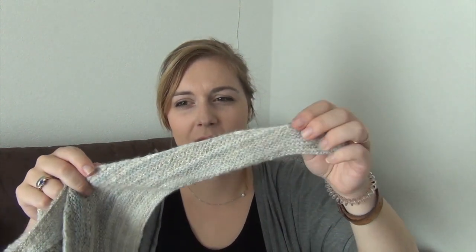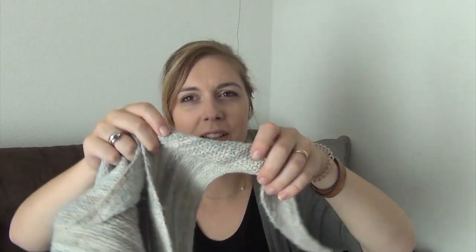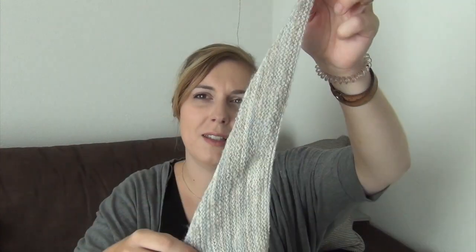When I was binding off, this is my binding off edge. I think I had enough to get like over here. And for this I didn't have enough, so I fixed it in another way. I don't know how. I think I pulled the loops through each other, like making a chain of the loops you already have without knitting them. And yeah, it's a little bit wonky, but when I'm wearing it, no one will notice,